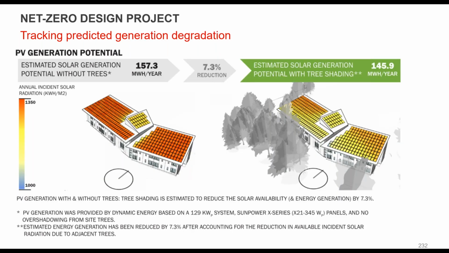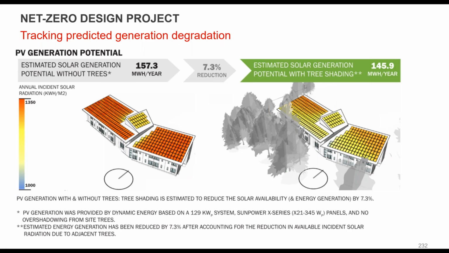And then once they started looking at it, the initial design look was done using PV Watts, which doesn't do any shading analysis. But then they realized that the building was going to be surrounded on the south side by a number of pretty large trees, so that they were going to lose about 7% of that. So it's important to understand the context your building's in, not just assume it's standalone on the site.